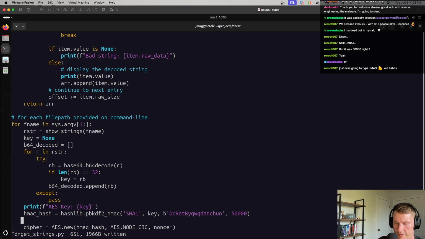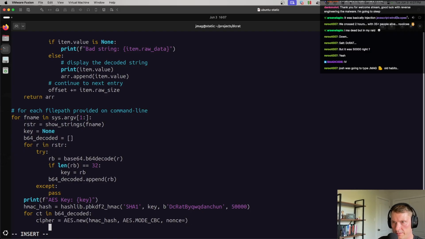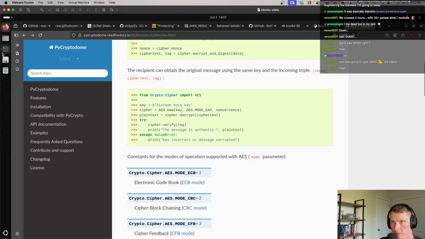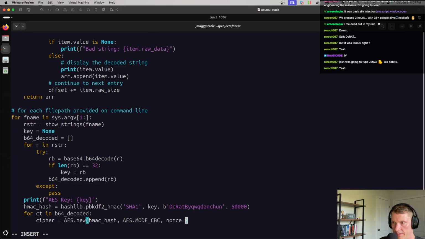So it'll be for ciphertext in B64 decoded. Then we're going to do cipher. So what was it again? If I go back, the IV was just the first 16 bytes, is it not? Do you guys remember? Were you paying attention? Yeah. So then we'll have the nonce being